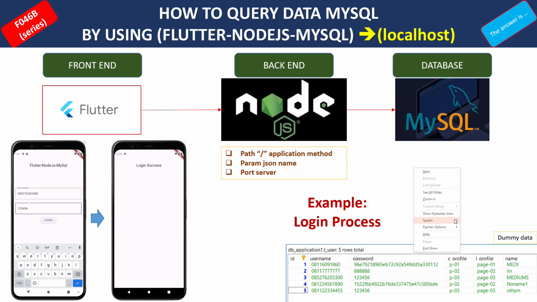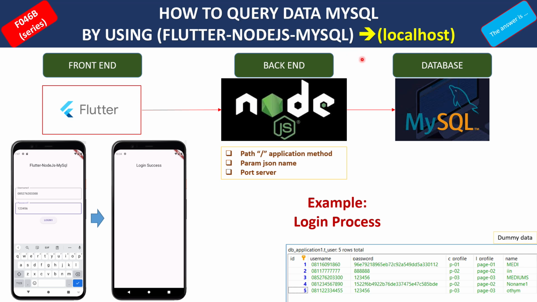This moment I would like to continue my project, that is how to query data MySQL by using Flutter, Node.js, and MySQL.